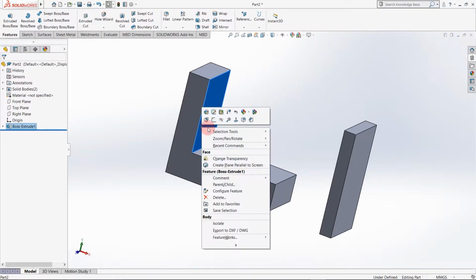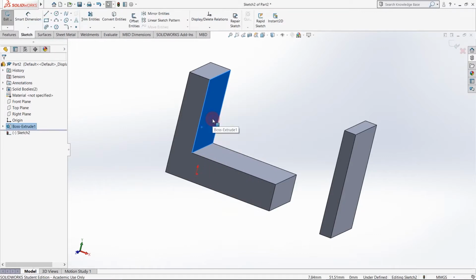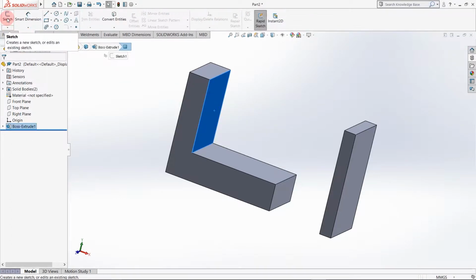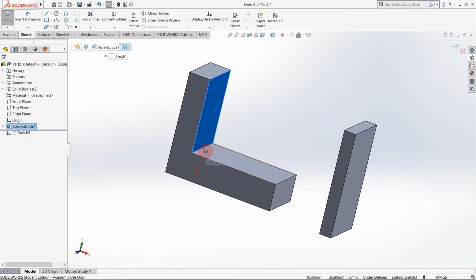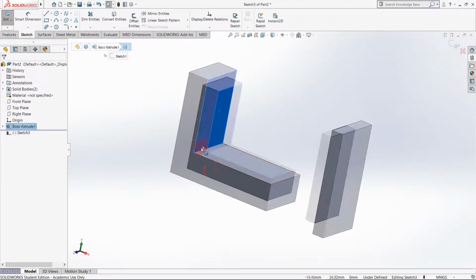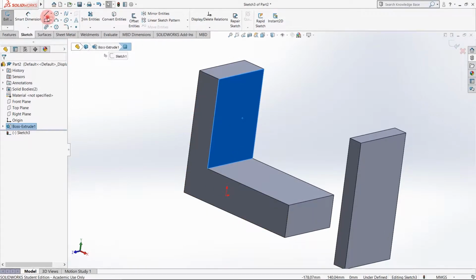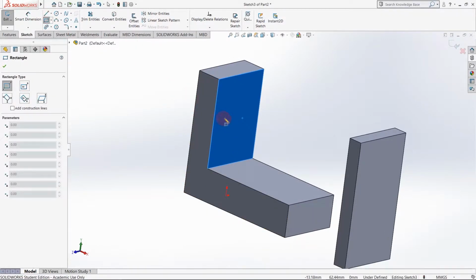Right click on that face and here you can see the sketch icon. Click on that, or else you can click on this plane, go to sketch, and select from here. I'm sketching a simple rectangle to explain other options in the extrude command.